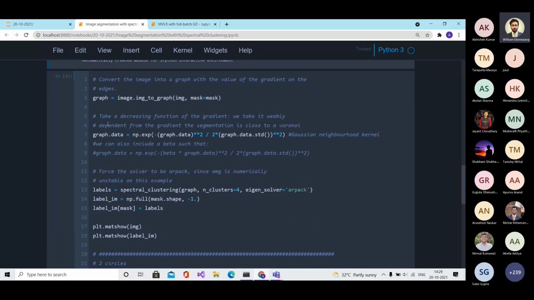How are the different nodes connected in this? The different nodes will be using their intensity values for creating the weights of the edges. This particular thing uses the Gaussian kernel as the weights of the edges between each particular node. Are they fully connected or only connected to the neighboring pixels? You can create it in both ways.